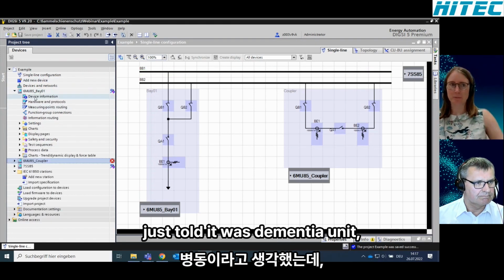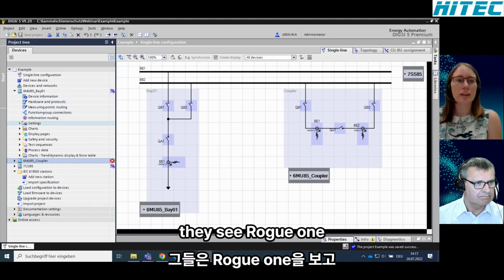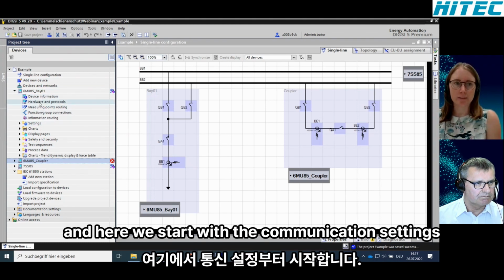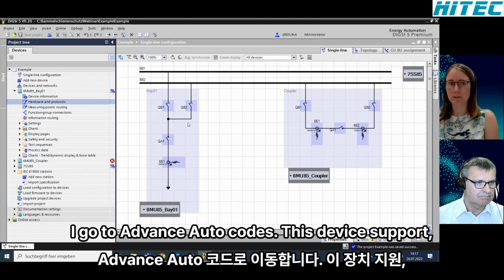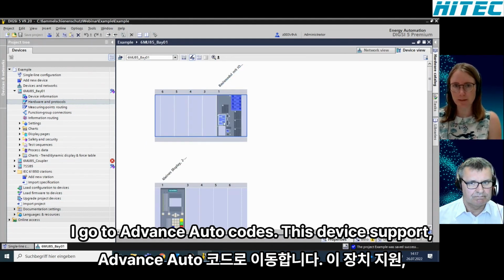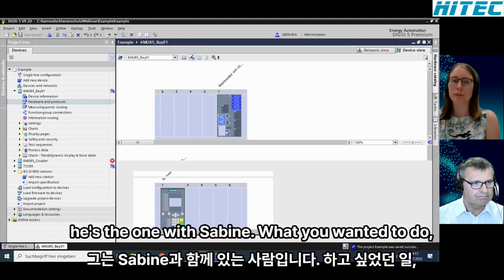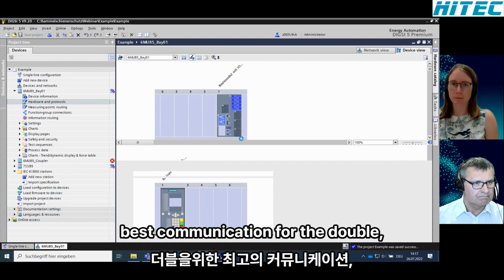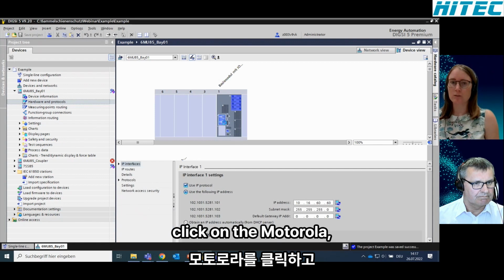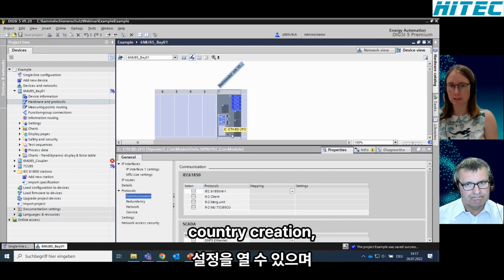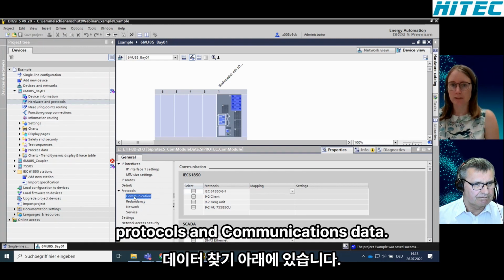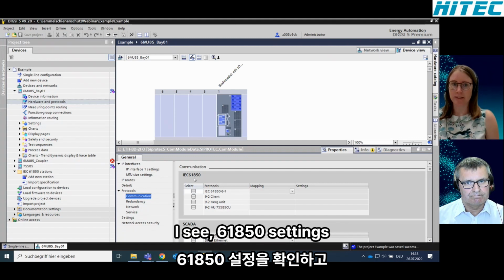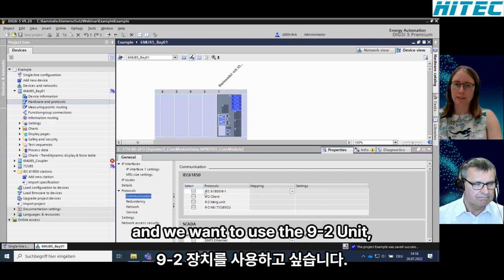So I start, as told, with the merging unit bay 01, and here we start with the communication settings. So in this case, I go to hardware and protocols. In this device, the port E is the one with the BD module that is mandatory for the process bus communication. With a double click on the module, I can open the settings for the network configuration. And here under the point protocols and communication, there are the IEC 61850 settings. And the protocol we want to use is the 9-2 merging unit